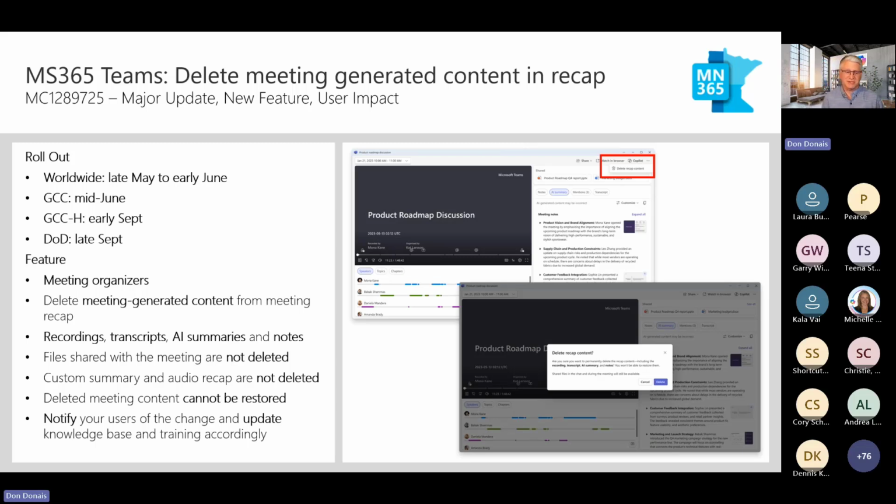And another Teams thing, this is more on the recap. So we're talking about those with a Teams Premium license or Copilot license. The organizer has the ability to delete meeting generated content. So that's AI meeting generated content, recordings, transcripts, and AI summaries and notes. Again, if AI touched it, then you have that ability to delete it. The only thing that will not be deleted is the shared files in there. So if I did PowerPoint Live, if I uploaded a file inside the chat, those types of things,